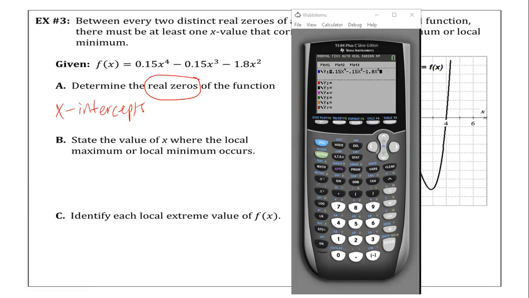Now, when they say real zeros, that means that you write them as x equals a value. If it's an intercept, it's an ordered pair. If it says zeros, it's just a value of the x. Does that make sense? All right, so when I go to graph,